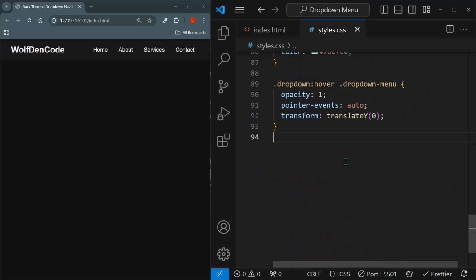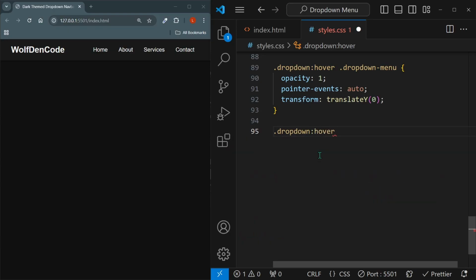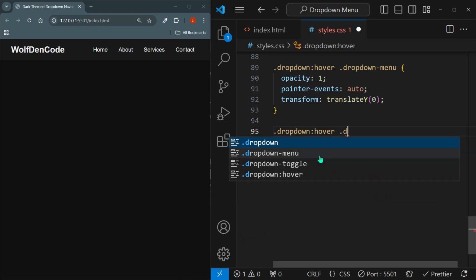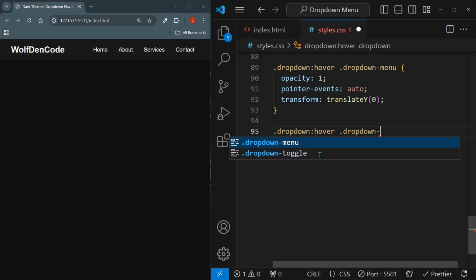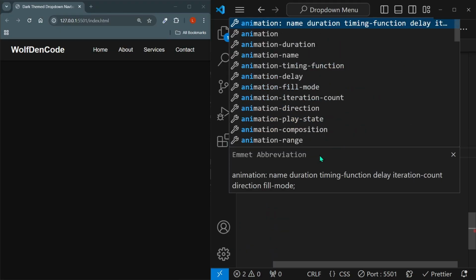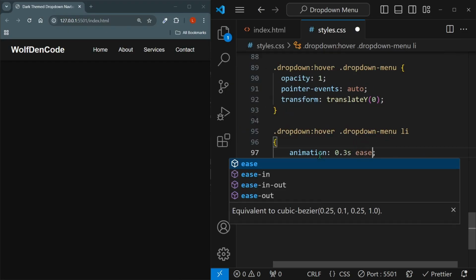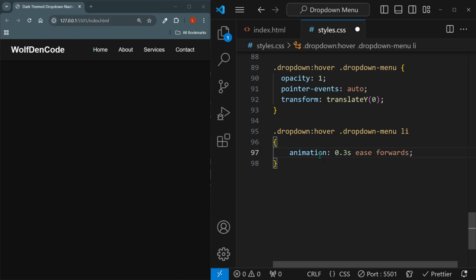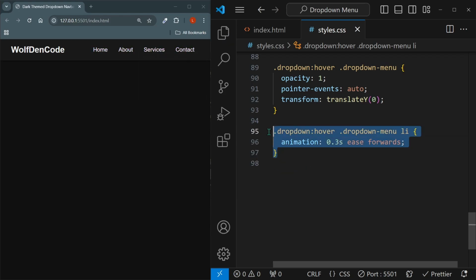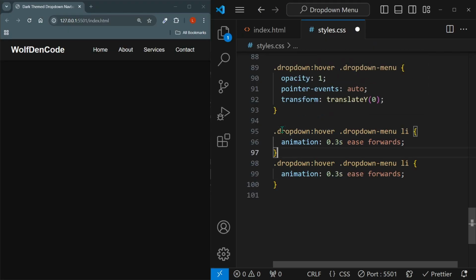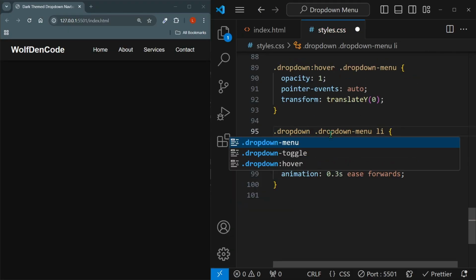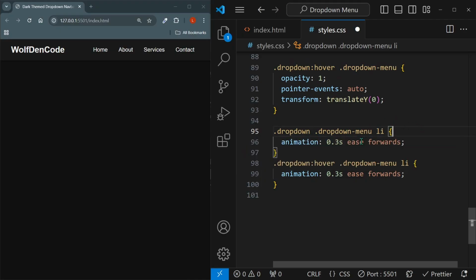And the last touch that we'll be giving to this dropdown is a subtle fade animation. Let's change the dropdown's hover event. Whenever it's hovered over, we'll change the drop-down menu's list elements, and apply an animation for them. This animation is going to last 0.3 seconds. It will be with the ease transition, and it will have the forwards value. Now this will apply on hover, but make sure to copy this, paste it over here, and also remove the hover from them, because we also want to apply this even if it's not just hovered over, but here also